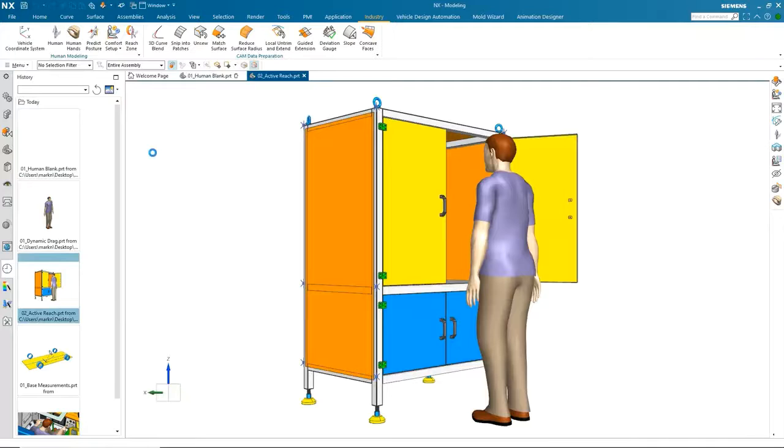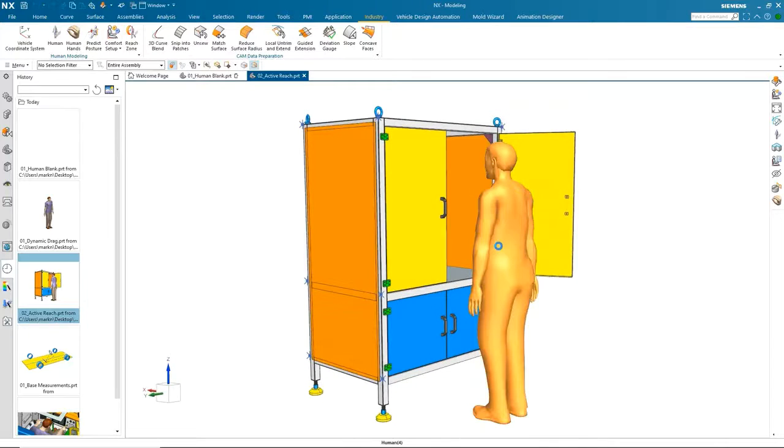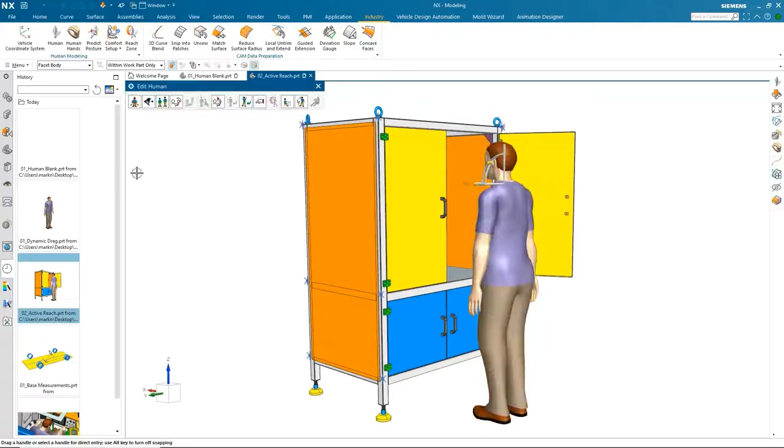So what we've got here is a structure, this cabinet. This was actually done using the NX Structure Designer as well, a relatively new module for NX. I'm going to be doing a webinar on that in a few weeks, so if that's of interest to people, keep an eye out for that. But in this one, we've placed our human in position, and if I go into this to edit it,